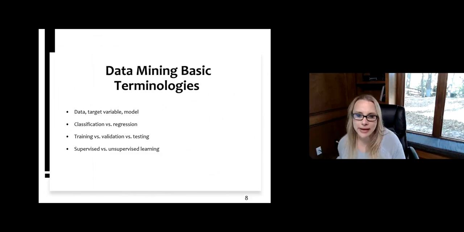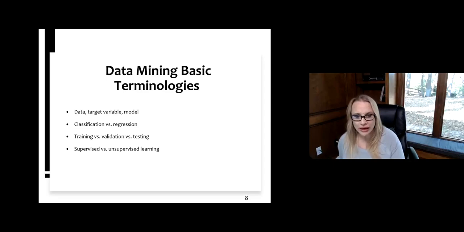So let's go through some basic terminology related to data mining. So here we obviously have the data. We have a target variable, we have model, and then there are types of problems that we may face. You can have a classification type of problem, so you could be asking, are they going to churn or not? You can have a regression type of problem where you're trying to predict a continuous variable, such as what income that individual will make,